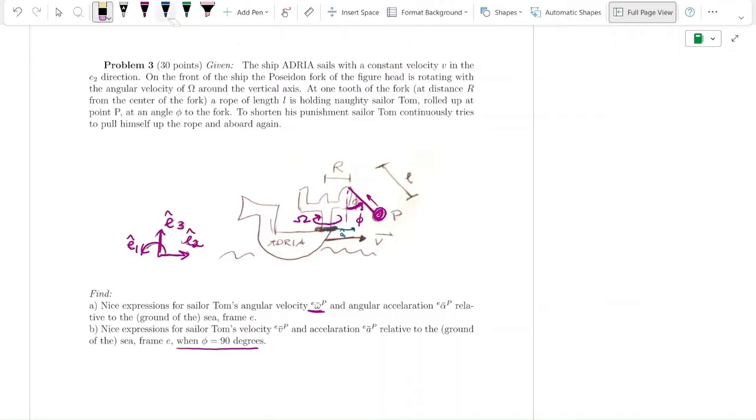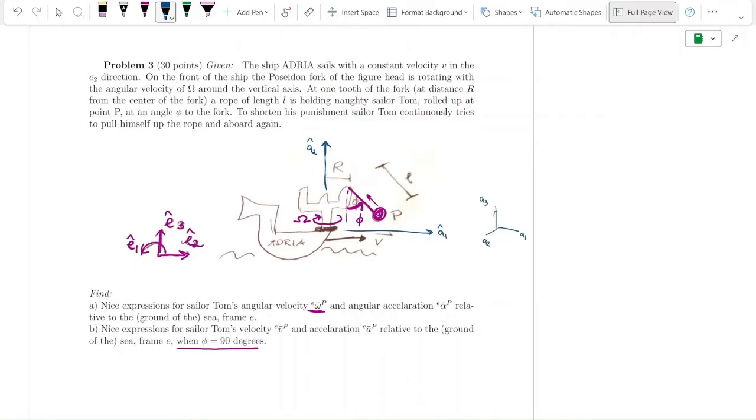I should draw this clearer. It's going to get messy. So in this direction is A2 hat, in this direction is A1 hat, and then it's going to be an A3 hat coming out of the page, but just in this very instant. Obviously A1 and A3 are rotating about A2, right? If it's like this, the fork is,